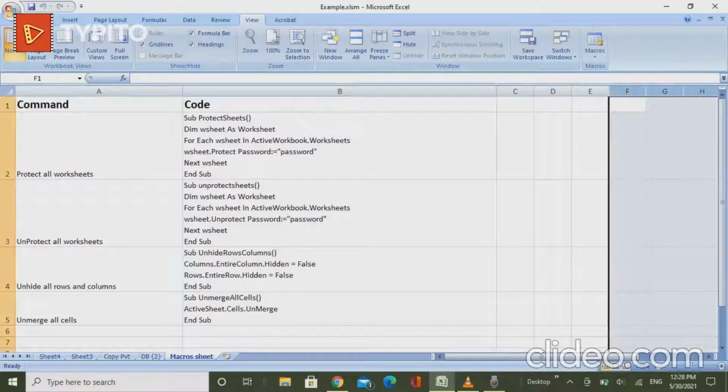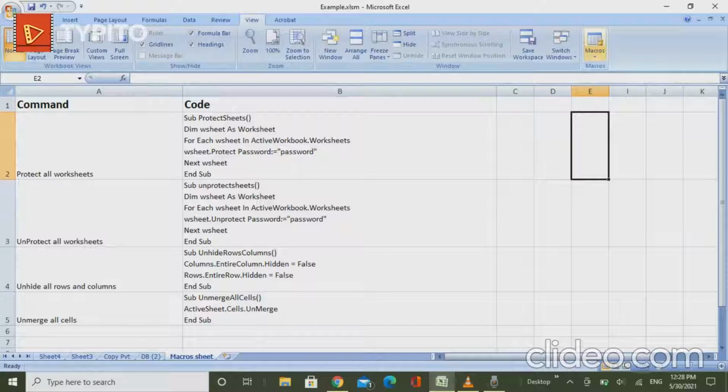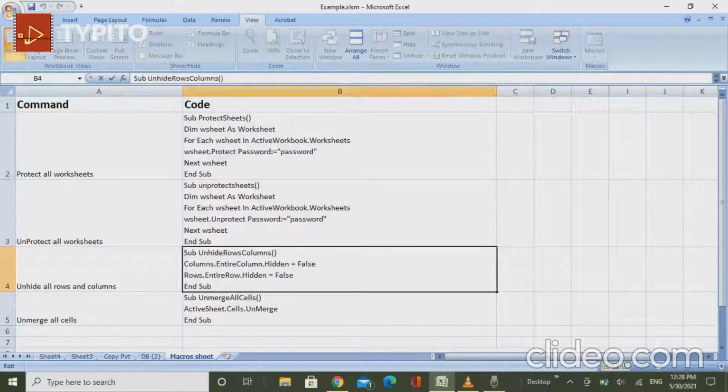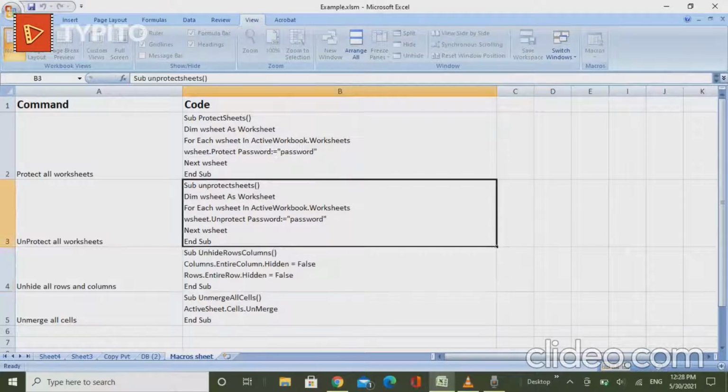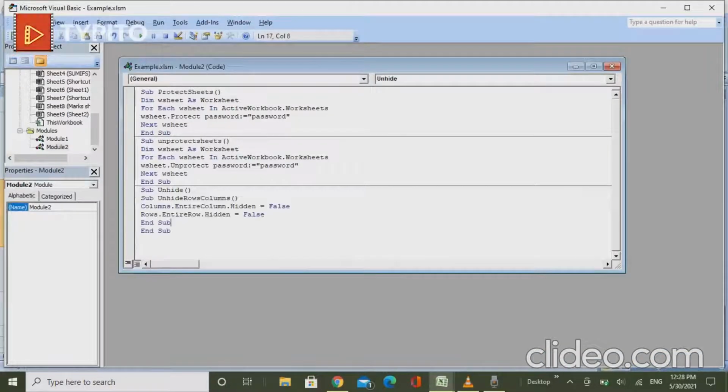These are hidden now. So I'll make a macro. Firstly I'll copy this stuff on my clipboard. I'll do Control C, and then I'll make a macros for unhiding all rows and columns. I go to create, I'll press Control V, I'll remove all the duplicate stuff. I'll press Control S. This is saved now. I'll close this window and